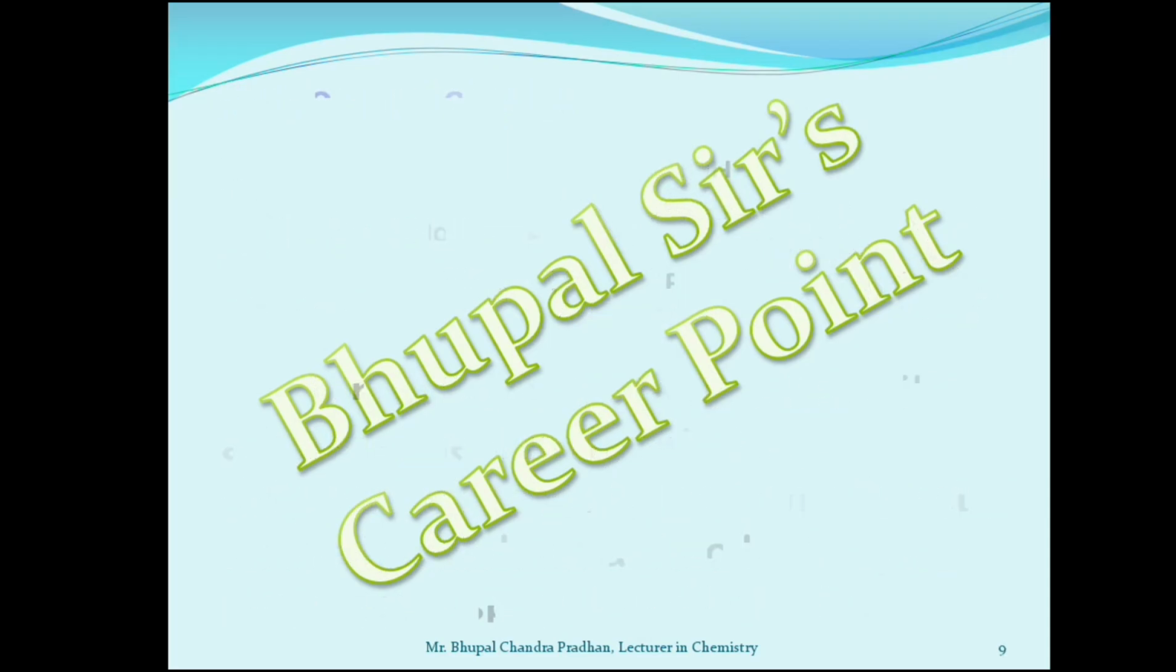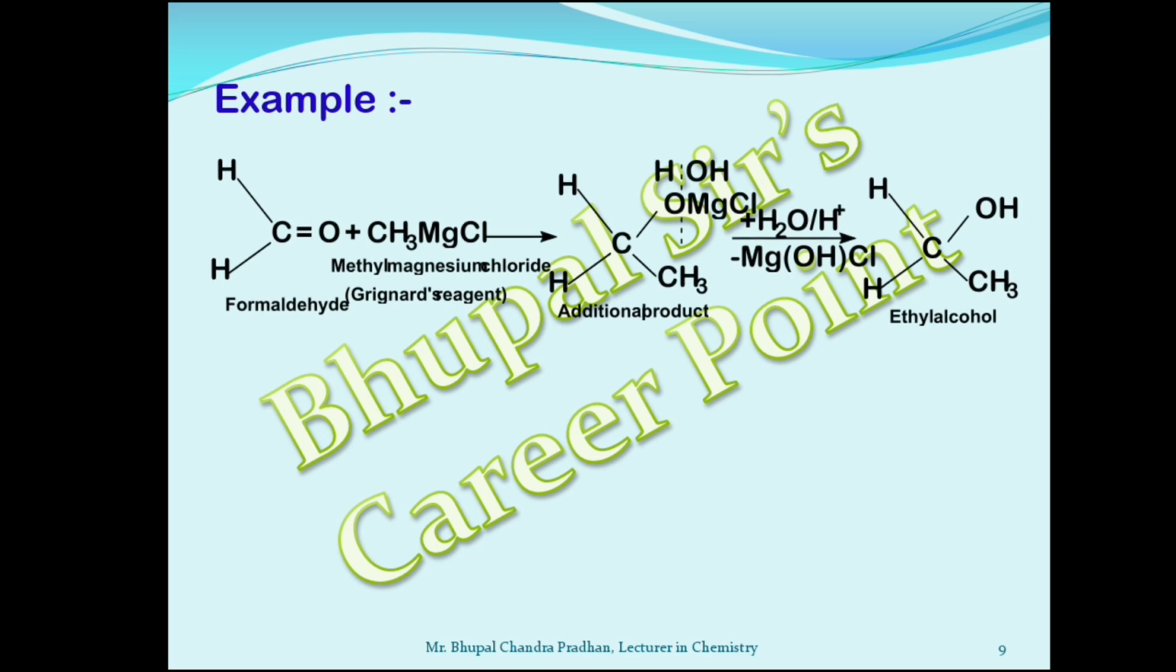For example, let us take CH3 in place of R and chlorine in place of X. Then what happens? Whenever formaldehyde reacts with methyl magnesium chloride, that is Grignard reagent,